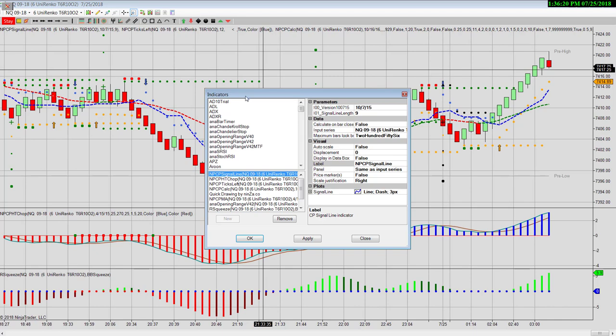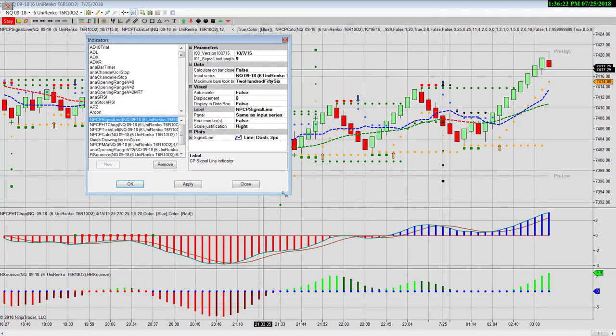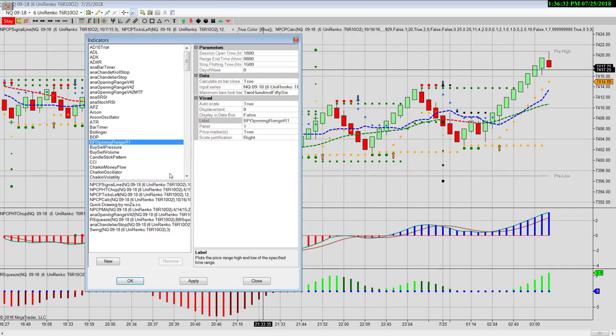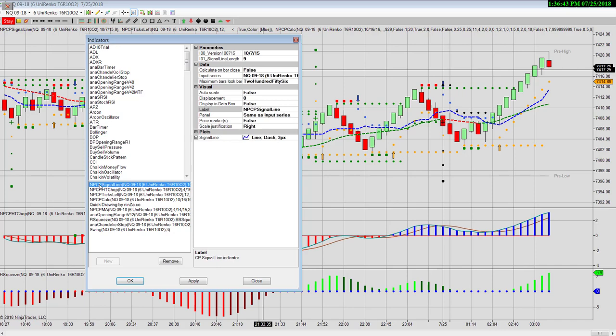Okay, the indicators are like so. Come on. It actually moves in. I could resize this window. Oh, don't need to resize it because it's got everything. NetPicks Counterpunch signal line. Out of the box, default